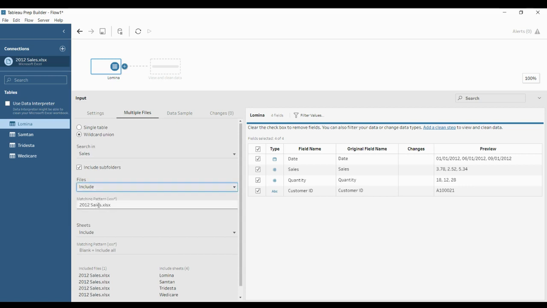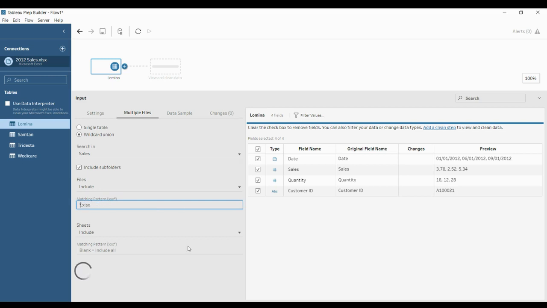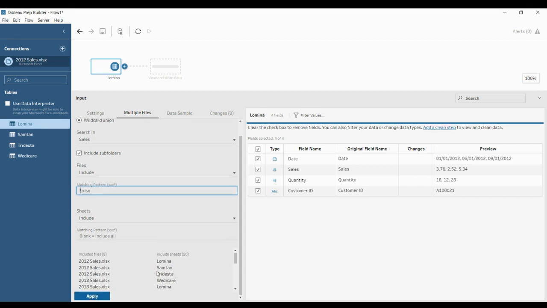And if we want all the sales, that is, all the Excel files, then you can simply go and type here star.xlsx, because inside that sales folder we have many files: 2012, 2013, 2014, 2015, 2016.